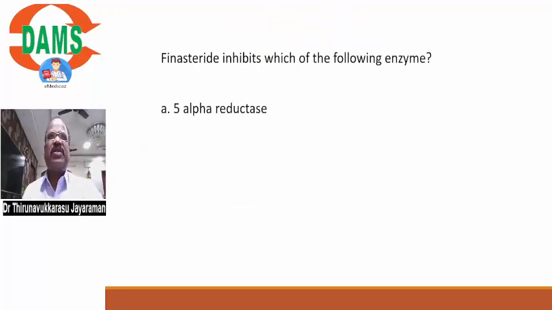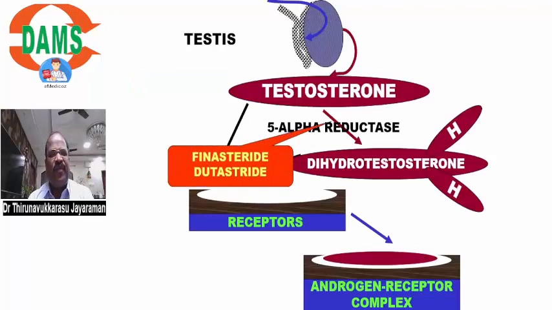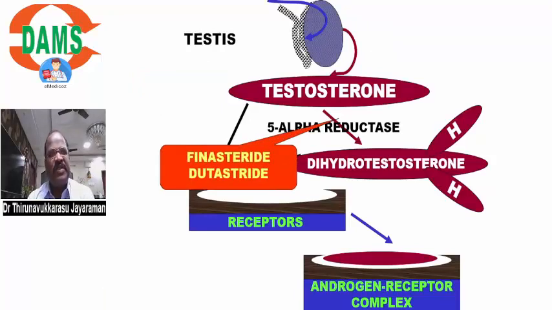There's one question somebody posted, but they have not given the exact options, so I just mention the question. Finasteride inhibits which enzyme? They gave the question but only mentioned the right answer. I don't know what the other options are. Anyway, it is inhibiting the 5-alpha reductase enzyme. Just for points, look here. Finasteride is a 5-alpha reductase enzyme blocker.